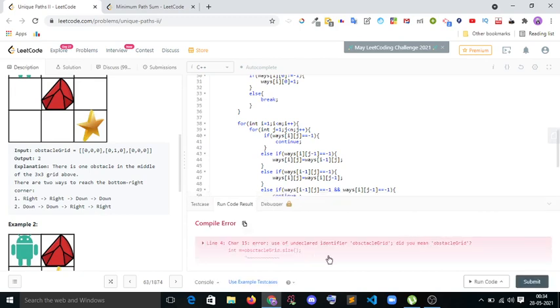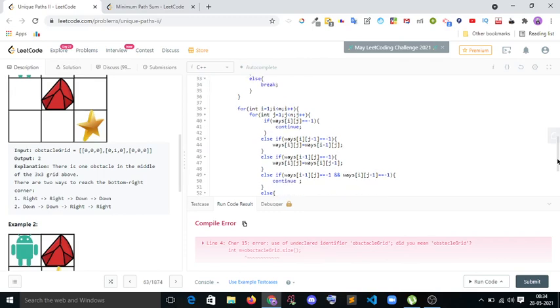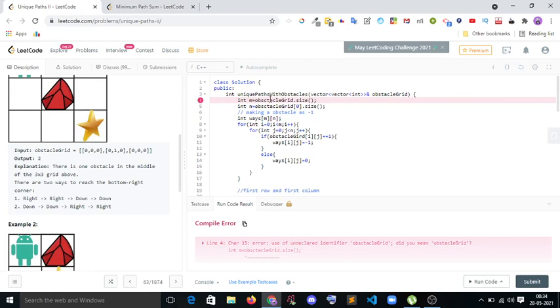We will get an obstacle grid. Okay, maybe the spelling is correct, obstacle grid.